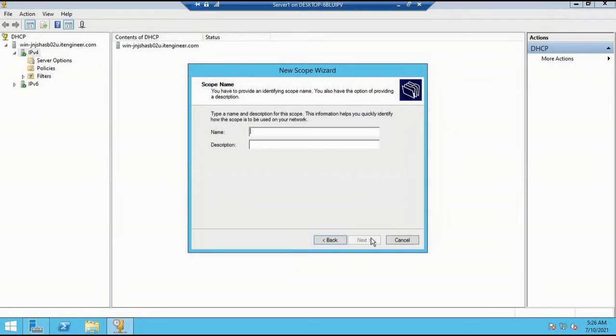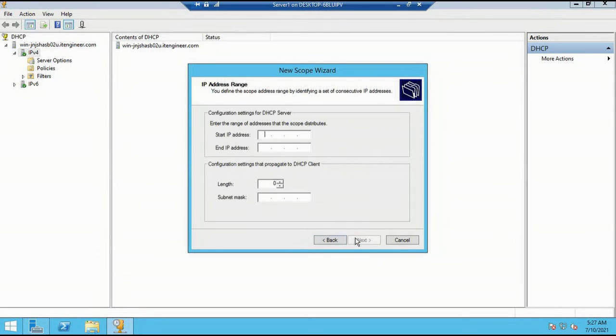Here we need to create a scope to add a range of IP addresses to configure for clients. Enter the scope name. Here I am giving Computer Lab, and the description, Computer Lab for school students.